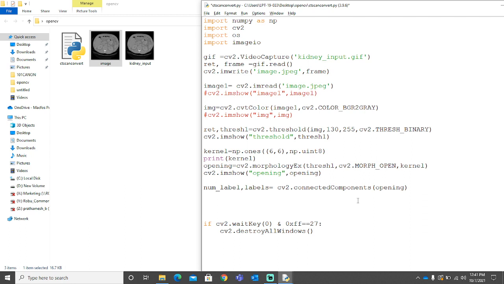It will figure out how many connected components we have in the figure. If we print it out, we'll get the number of connected components. Let's do that.